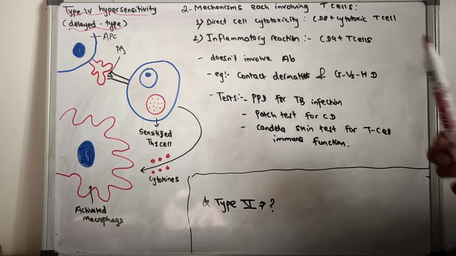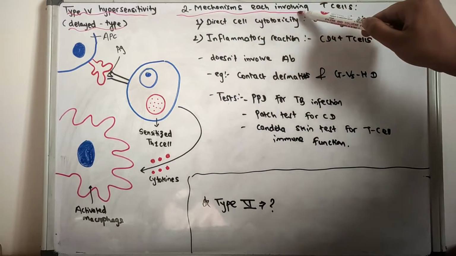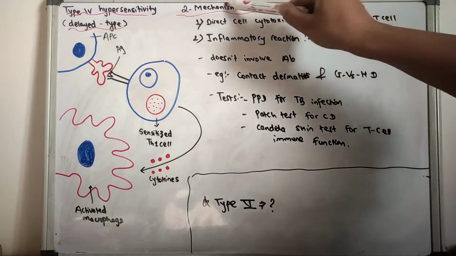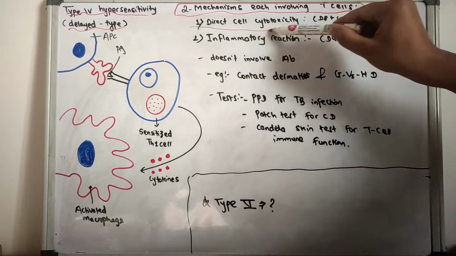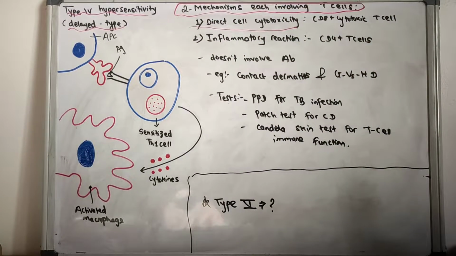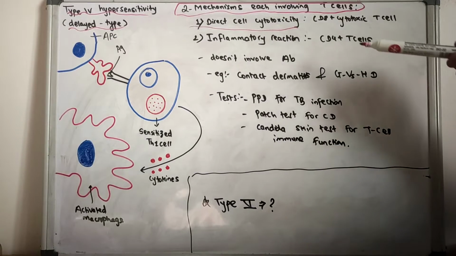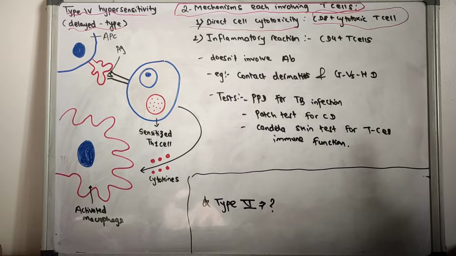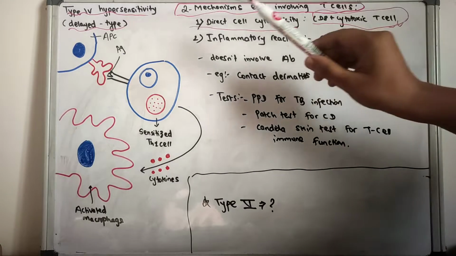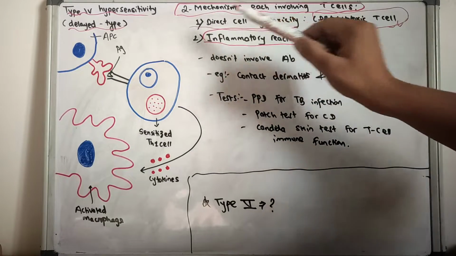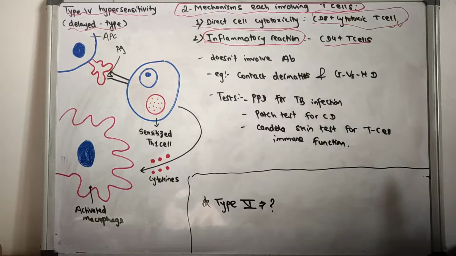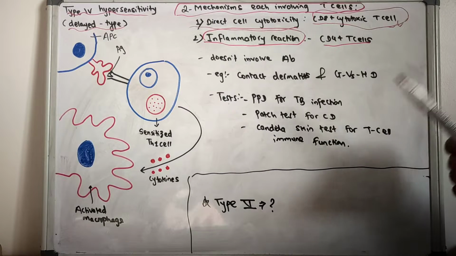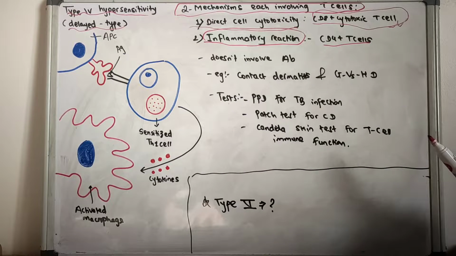So here there are two mechanisms of the hypersensitivity reaction, each involving the T cell. First is direct cell cytotoxicity. Here there is the involvement of the CD8 plus cytotoxic T cell, which kills the target cell directly, whereas in the inflammatory reaction there is the involvement of the CD4 plus T cells. Here the effector CD4 plus T cells recognize the antigen and release the inflammation inducing cytokines, which is